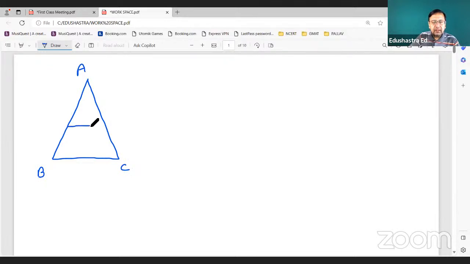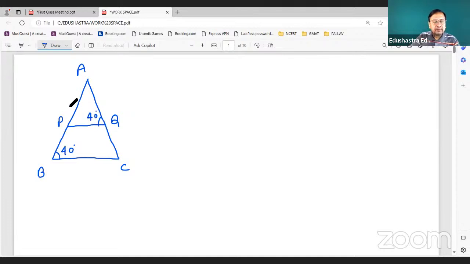This is the one line here connecting these points. This angle is given to me as 40 degree, right? And this angle is also given to me as,